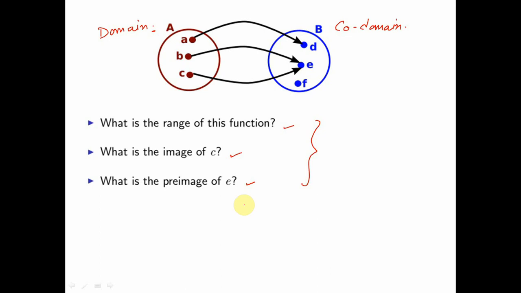We have seen certain terminologies. We have seen that if I write that there is a function from the set A to B, A is called the domain, B is called the codomain, and if I write f of a is equal to b, a is called the pre-image and b is called the image, and the set of all the images is called the range of the function, right?